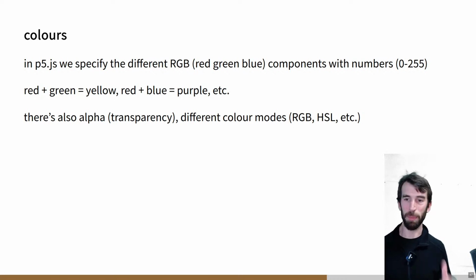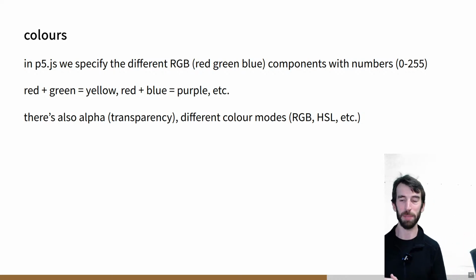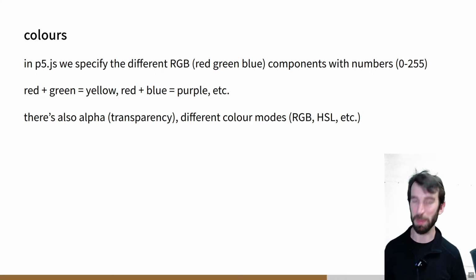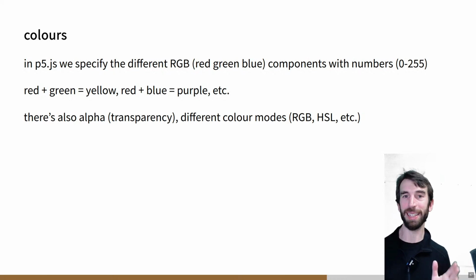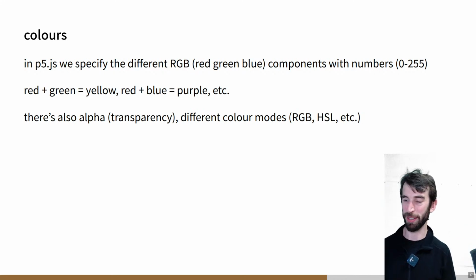And you combine these numbers in the typical way. Red and green is yellow, red and blue is purple, etc. You can also make colors transparent. And you can use different color modes. We'll talk about that a bit later, and we'll do a deep dive on color, but we might talk a little bit about transparency because it's fun. The main thing is, if you want red, it's 255 for the red part, then 0 for the green, and 0 for blue, and you can generate other colors. You can go to websites that help you find the codes for different colors, the particular numbers to use, or you can experiment with them in your P5 sketch.